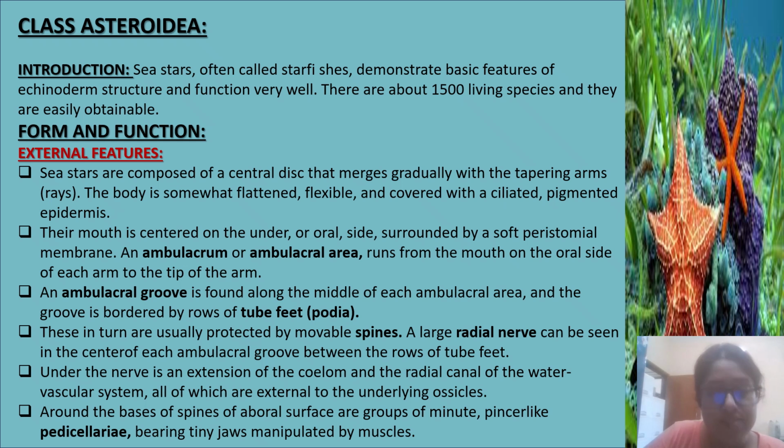Sea stars are composed of a central disc that merges gradually with the tapering arms, that is rays. The body is somewhat flattened, flexible and covered with a ciliated pigmented epidermis. Their mouth is centered on the under or oral side, surrounded by a soft peristomial membrane. An ambulacrum or ambulacral area runs from the mouth on the oral side of each arm to the tip of the arm. An ambulacral groove is found along the middle of each ambulacral area, and the groove is bordered by